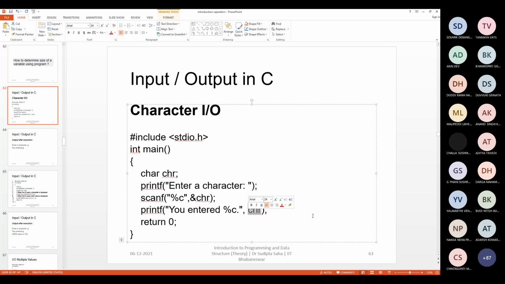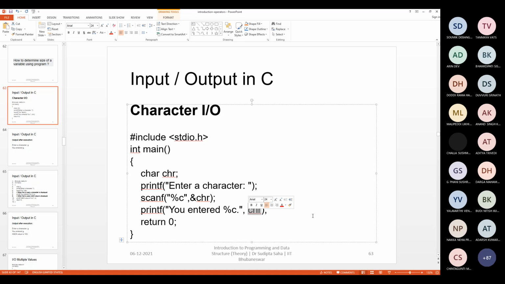Here the concept of ASCII comes once again in the reverse direction. When you scan, the value that you provide is converted to an ASCII value and stored inside the character variable. Now, if you print using %c, the value that you are going to print is first checked in the ASCII table to see what ASCII character it represents. That character will come out, not the exact value.